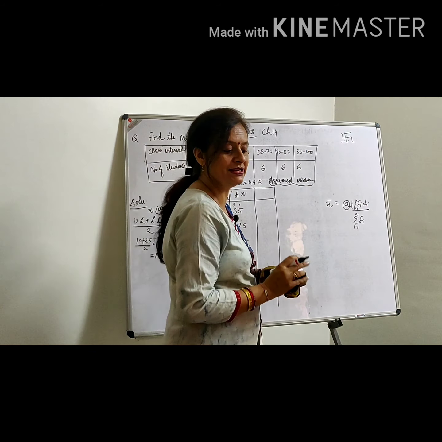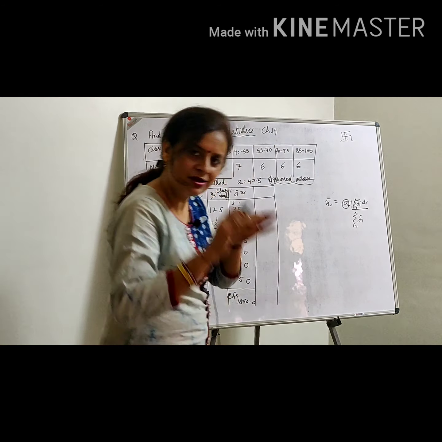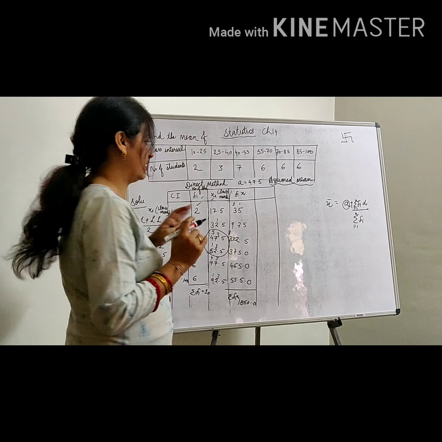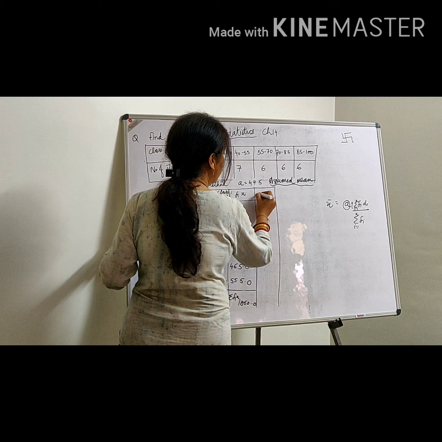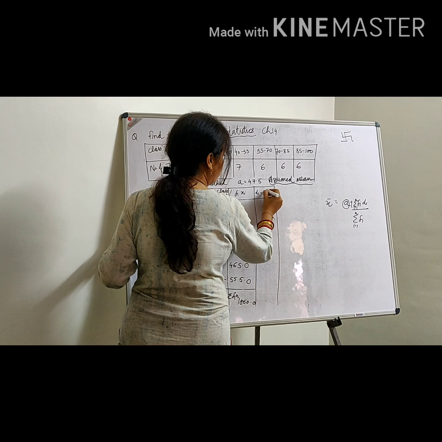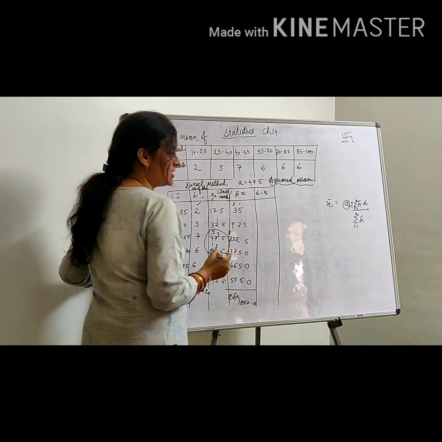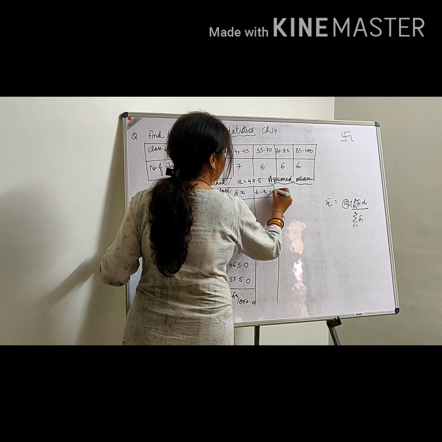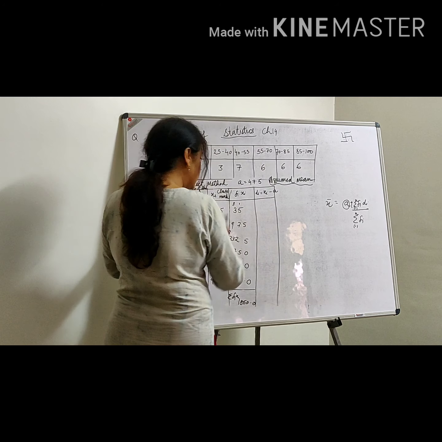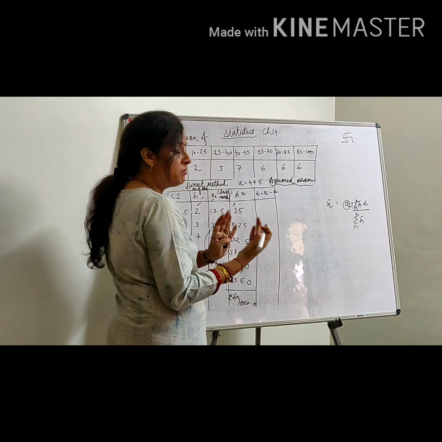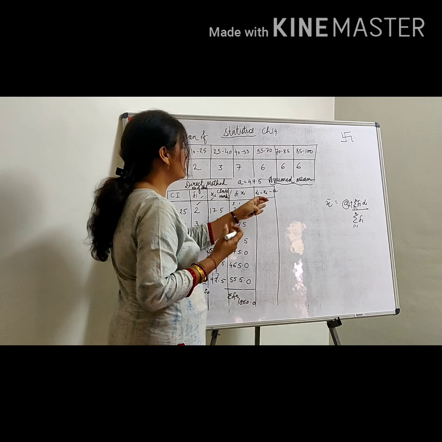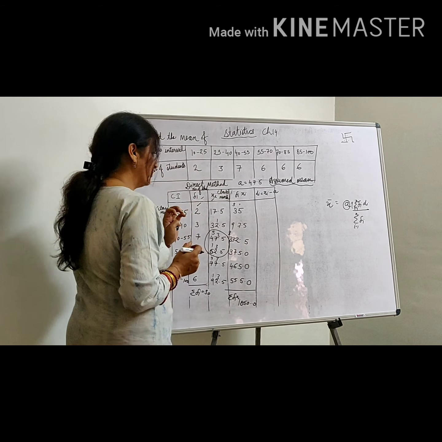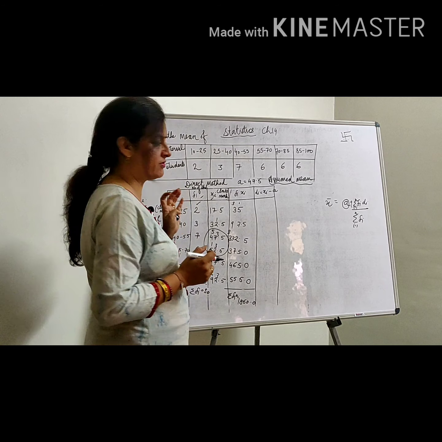What do you mean by d? D is deviation. कम कर देना, कम कर देना. So let's find out your di. di is what? जो आपने xi को assume किया है, xi minus a. Sorry, जो आपका xi है उसमें से जो आपने assume mean निकाला है, आप उसको subtract कर रहे हो. तो आपने a निकाला है 47.5.